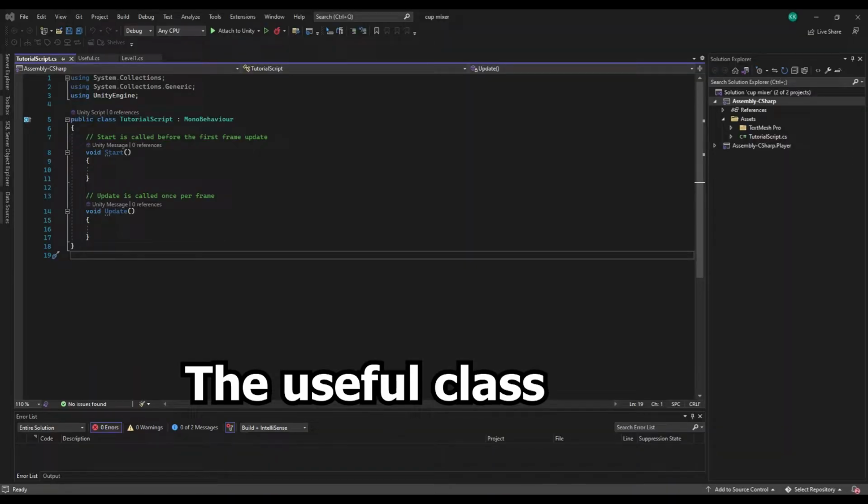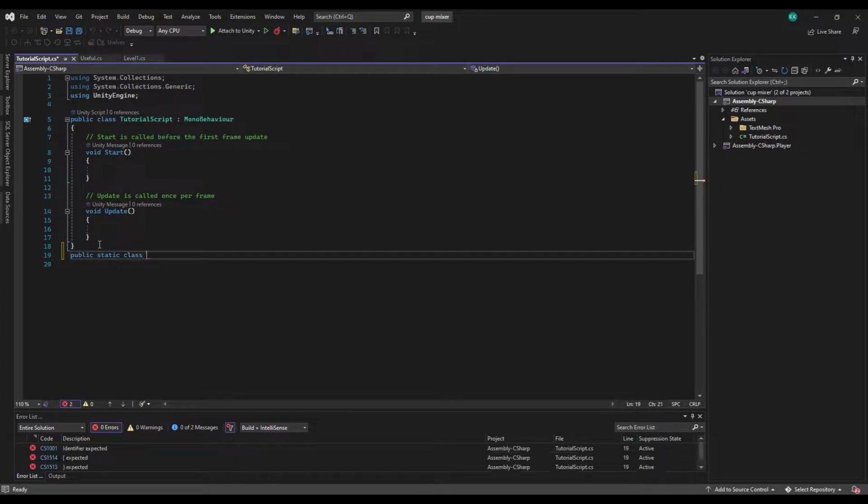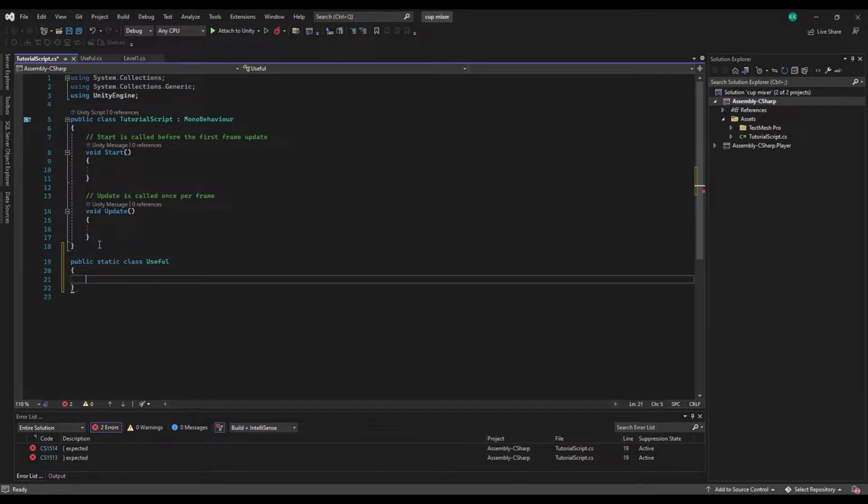Alright, so as you can see, we've got ourselves a basic script just set up. Obviously it's empty right now. So the first thing I'm gonna do is create a new public static class. We'll call it Useful, because why not? I like to do it with all my projects, because this way I have a class that has, as you can tell, many useful functions in it. And also, because the class is static, that means you can do things like, for example, if we do public static